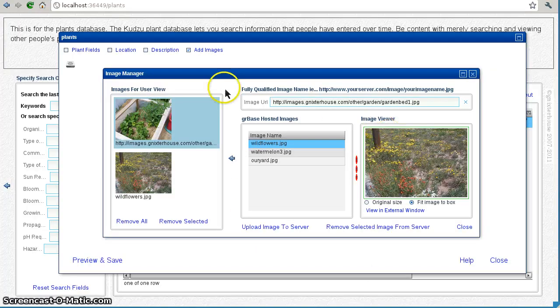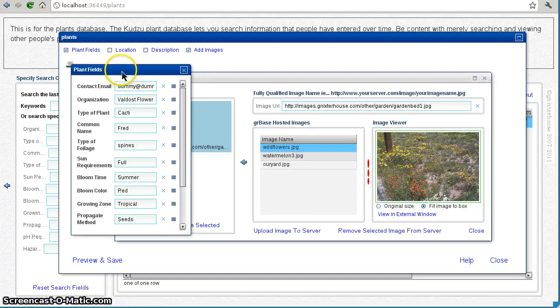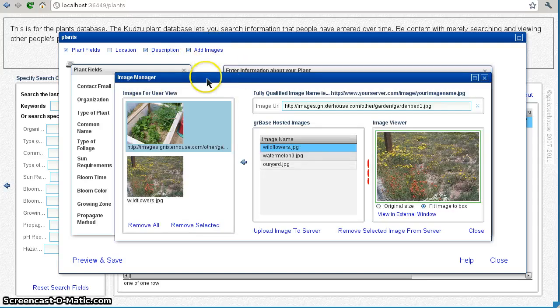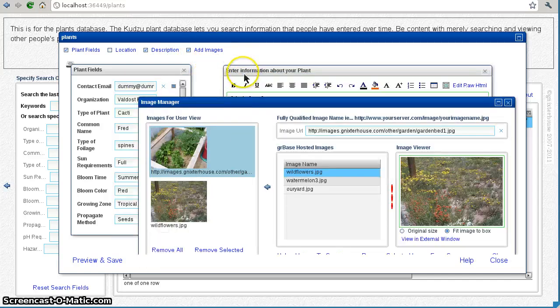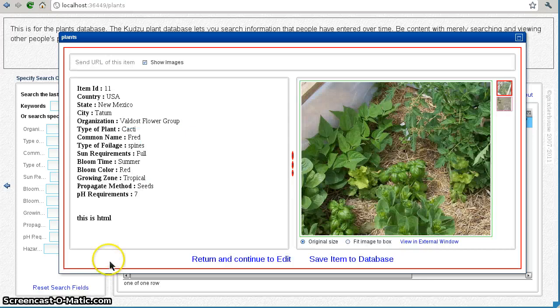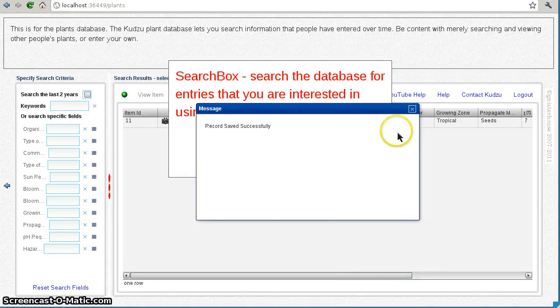Now I can still put in all of the rest of my edit fields, get the record how I want it, the description. I can hide, I can go to any of these boxes, I can work how I want by moving these windows where I want, resizing them where I want. Of course, if we made our screen bigger, we'd have more room. Okay, so now I'm going to say preview and save, and now I'm going to go ahead and save item to the database. It says record was saved successfully,